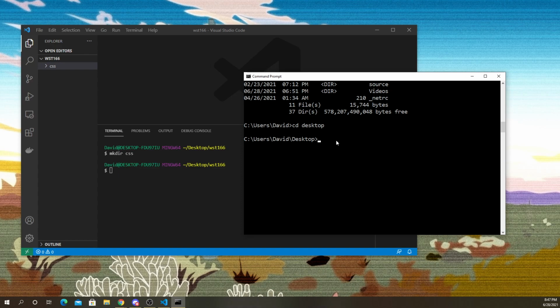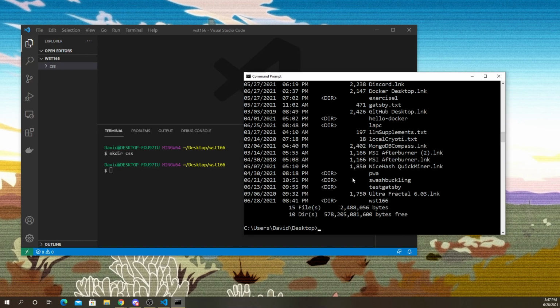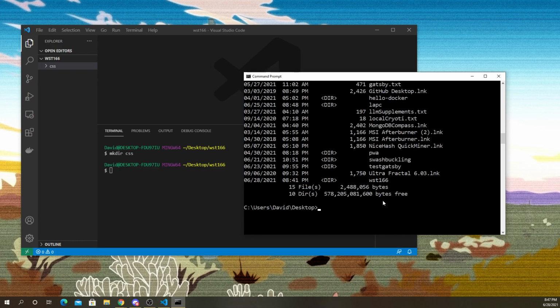So I should be able to see that WST166 folder on the desktop if I type dir. And there it is. If I type cd ws and then press tab, it'll auto-complete for me because it sees that there is a 166 there. So now I'm in this folder.